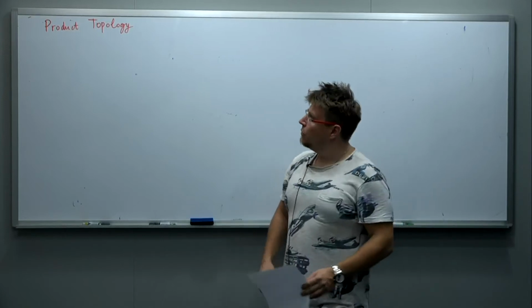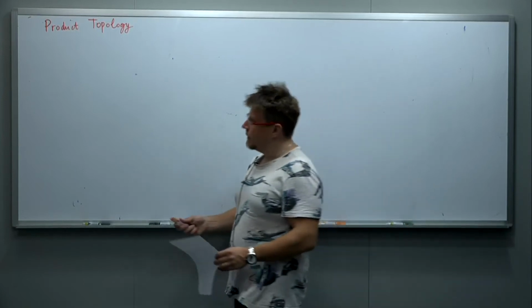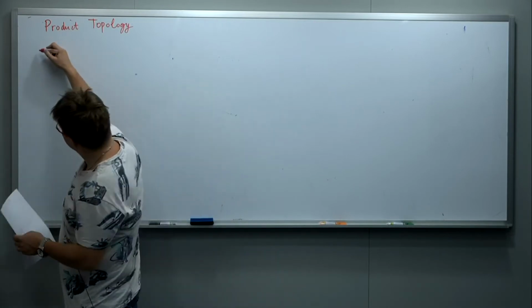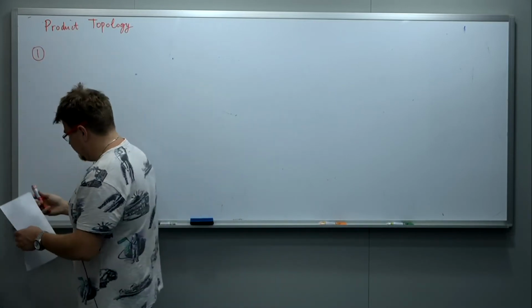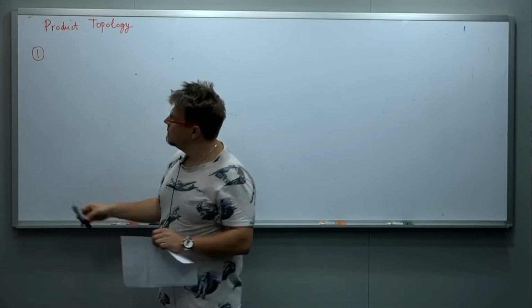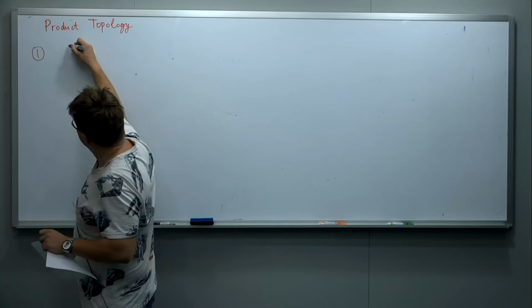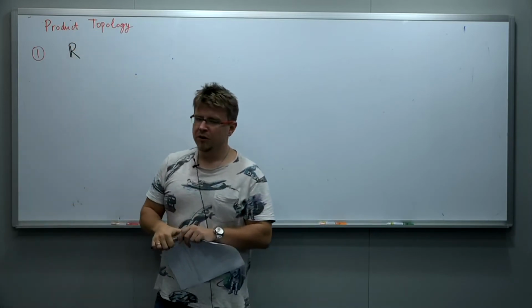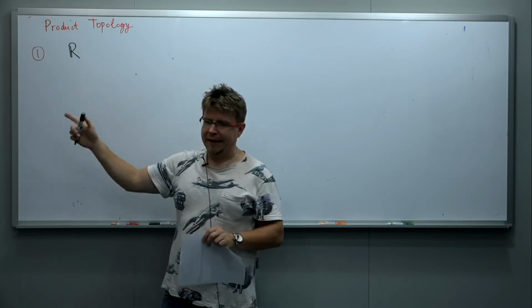Now I'm going to say a few more words about the product topology. So I prepared a few simple examples to go through. My first example is just about the real line. So consider the real line with the standard topology, and the standard topology can be defined by